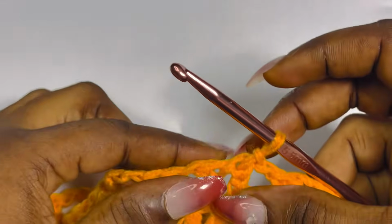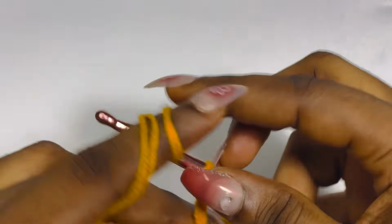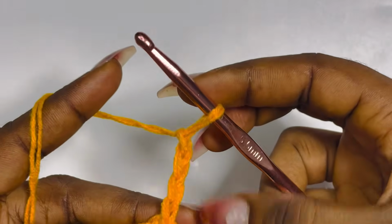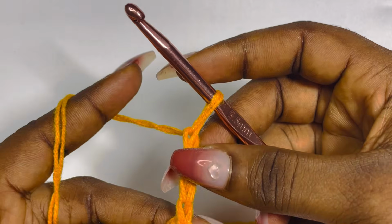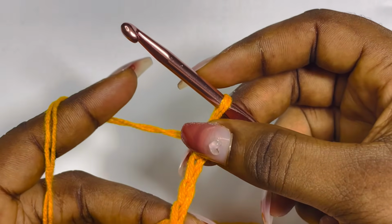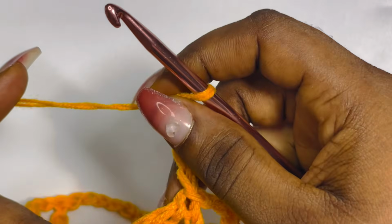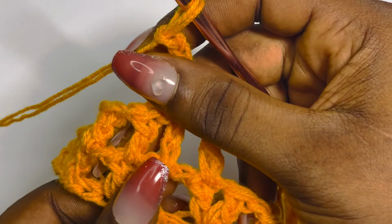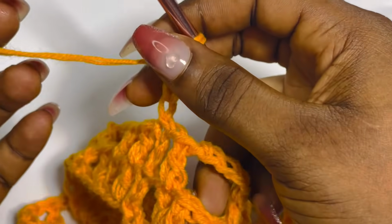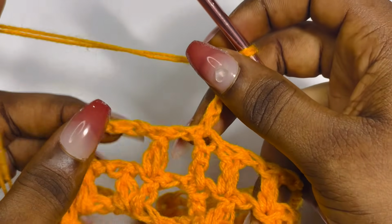So for row 3, I think row 3 is really easy. You're just going to chain 1, 2, 3, 4. Remember, 3 is your DC and this is your chain. Then you're going to turn your work. Yeah, I think I forgot to give that instruction for the second row. You're going to turn your work like this,